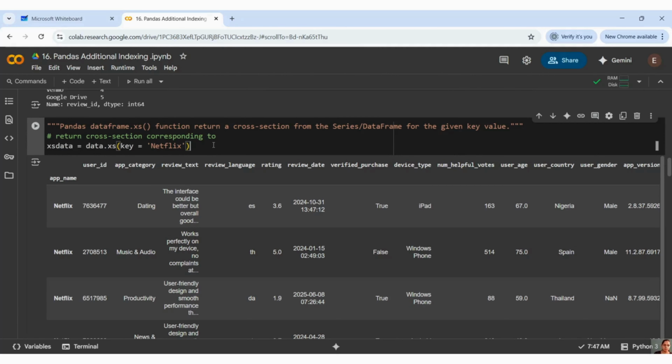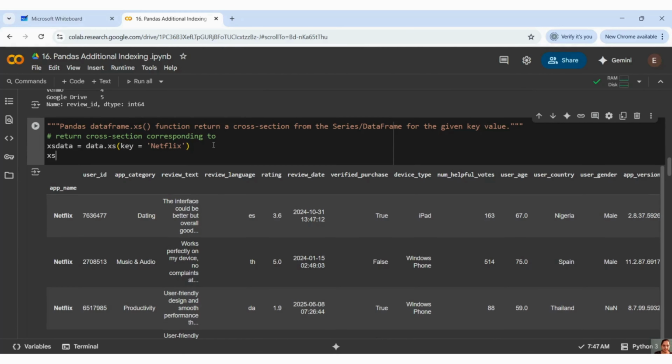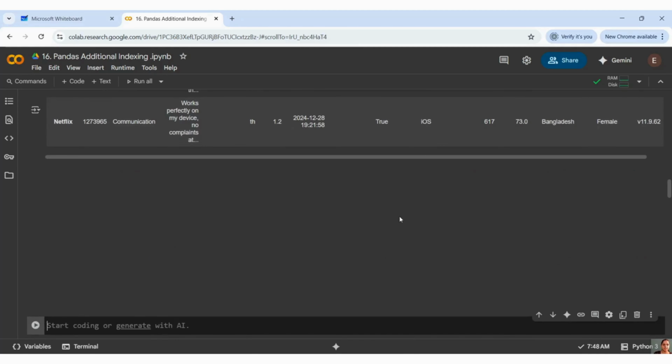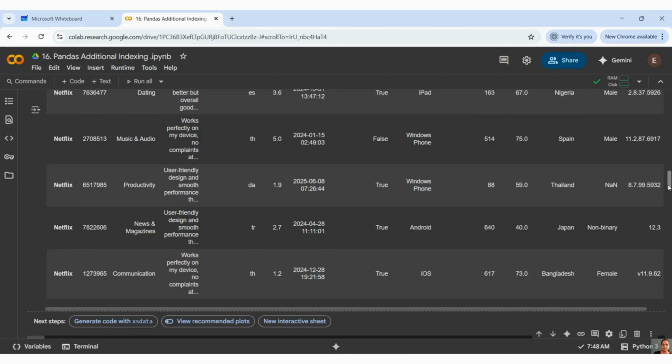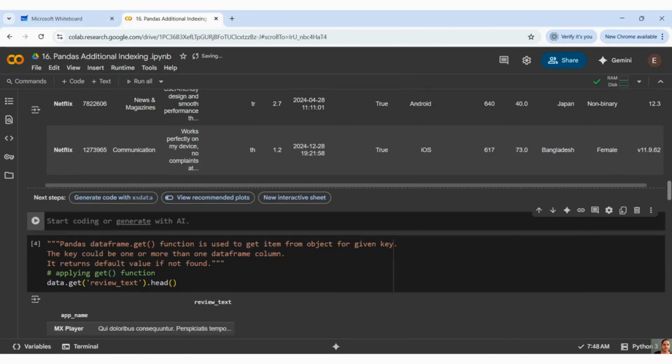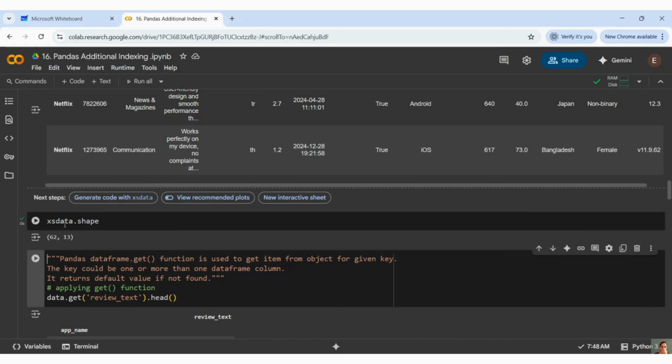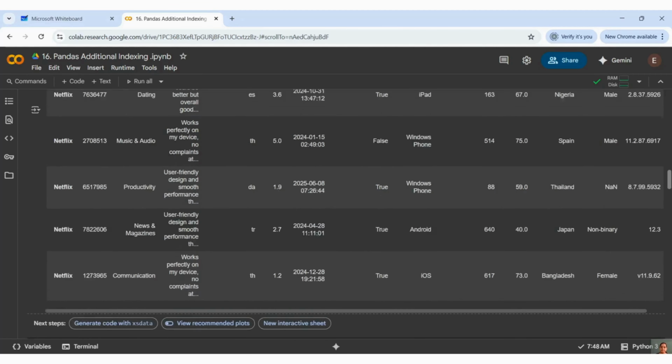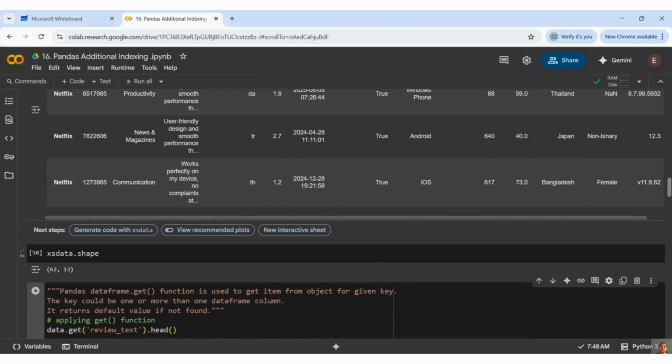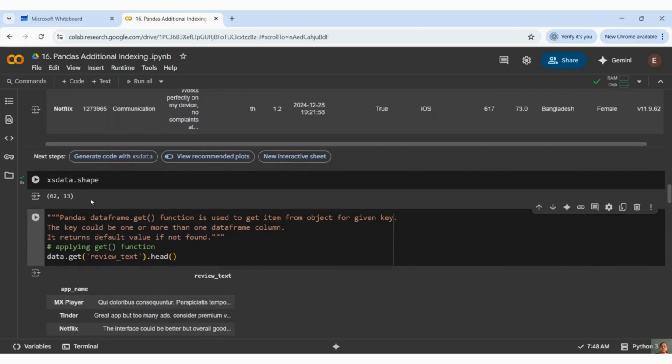If you want only the head part, 5 rows, use xs data dot head, and for the shape, xs data dot shape. I have only 62 rows, guys, and 13 columns, right? Because one column, review ID, we have removed. That's why it is 13 columns. Otherwise, it is 14 columns.